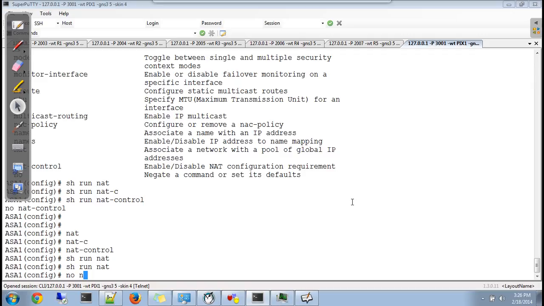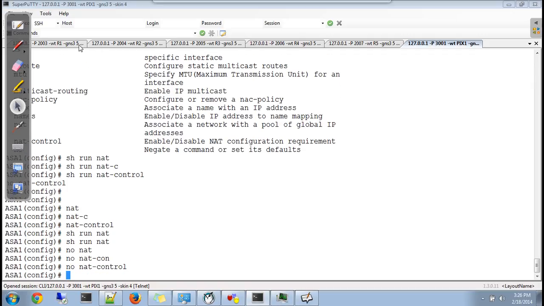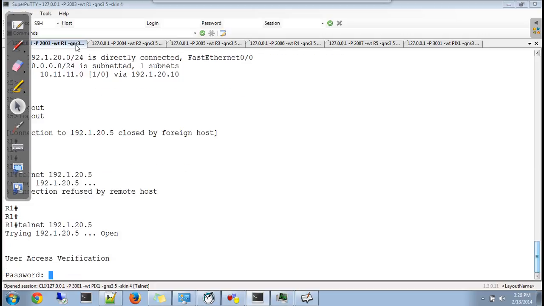I'll say no nat-control. Check now, again I'll try. This time it's going. So you guys understand the significance of enabling the NAT control feature? If you have enabled the NAT control feature and there is no translation rule, your packet will not go out.